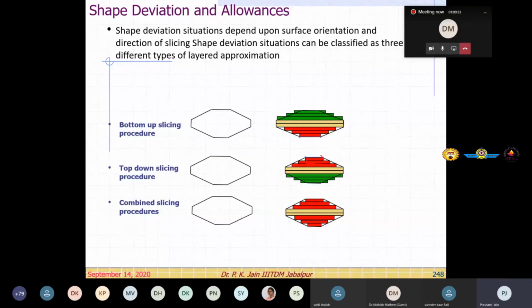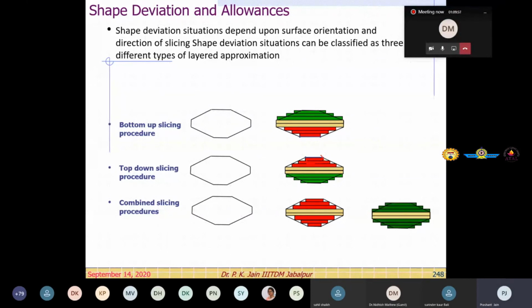The part geometry is like that. On one side, you may have undersize, and on the other side, you may have an oversized part. But for any post-processing operation, you want that it should be either uniformly oversized or uniformly undersized, so that you can do the grinding, polishing, or any other method of doing this, right?